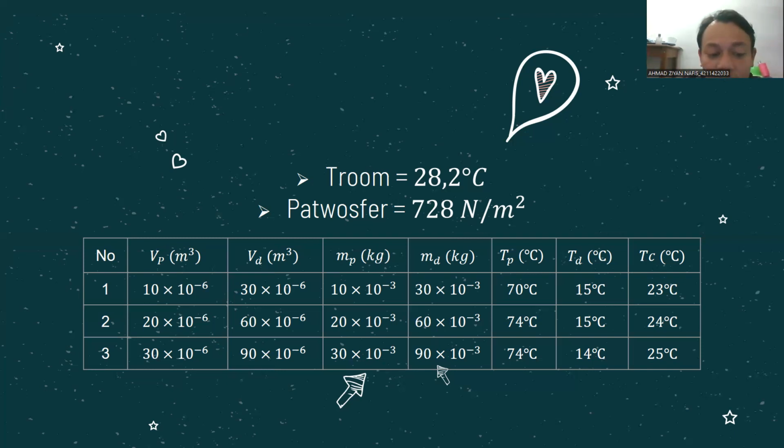So that the temperature of the mixture is 23 degrees Celsius. From the